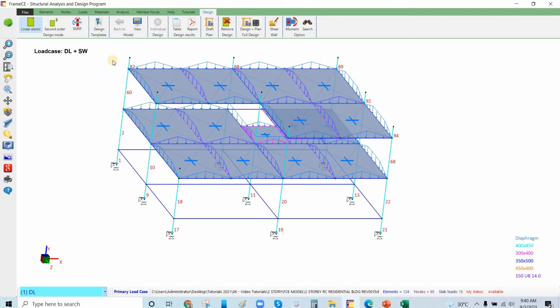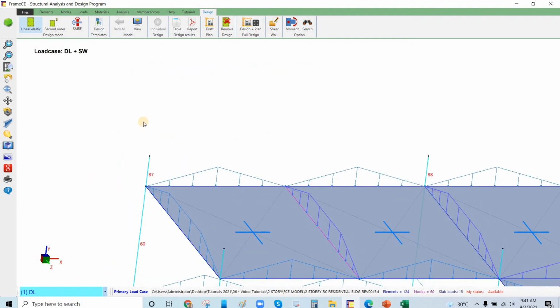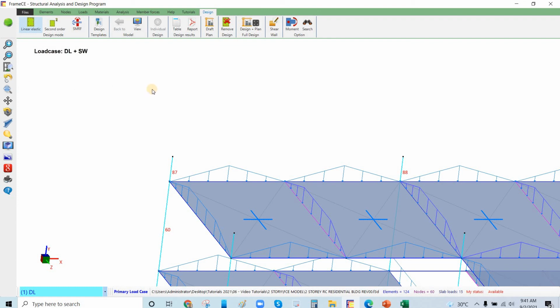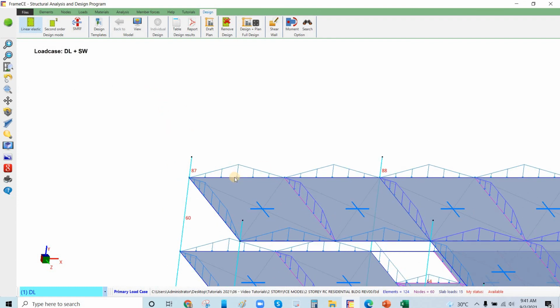also, let's say for this beam, I will just explain this one. In FrameCE, let's say at the roof, supposedly we have this beam to be one element. But in FrameCE, because we have another beam connected here, it becomes 1 and 2 elements. So in our case, this is element A, so this should be 1 element. So in FrameCE, if you click the design, if we select this one and we will design that, I will just click the run